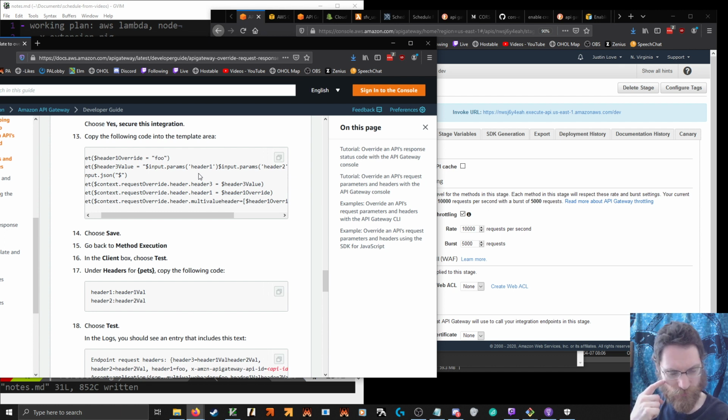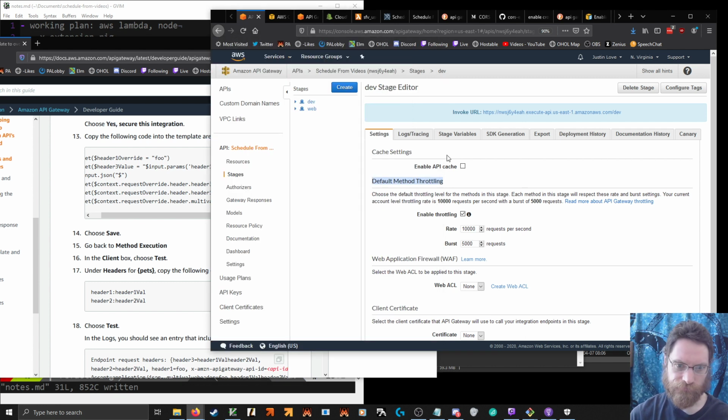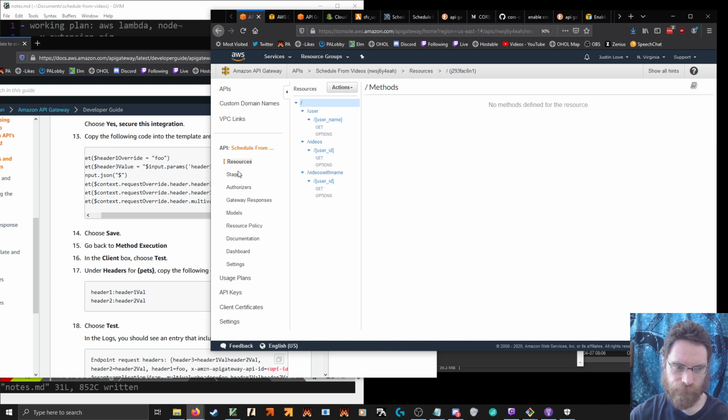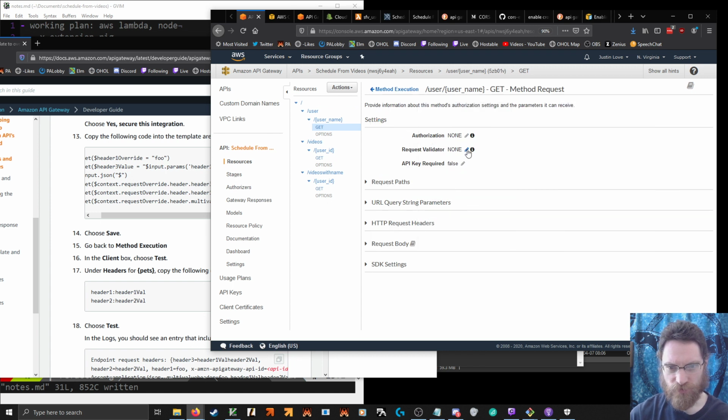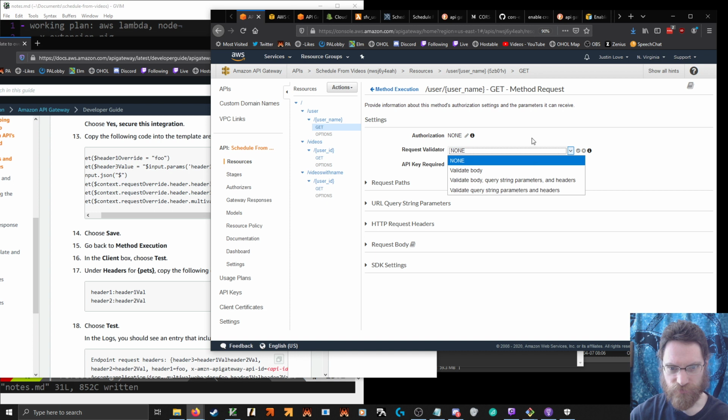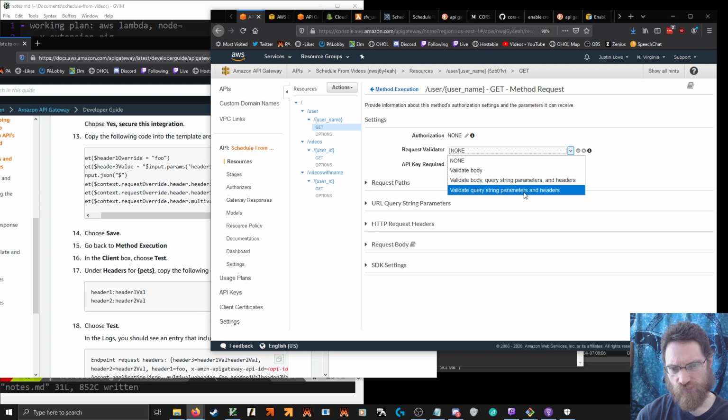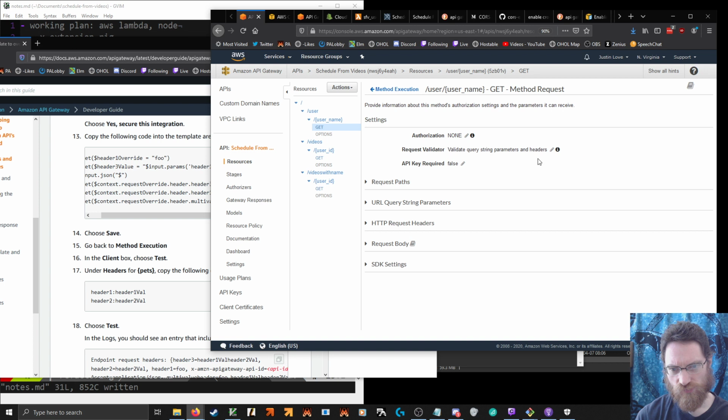But this doesn't really have the logic to do well. Request validator. Against what?